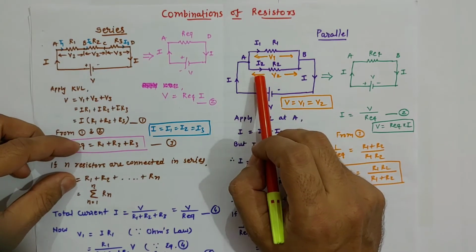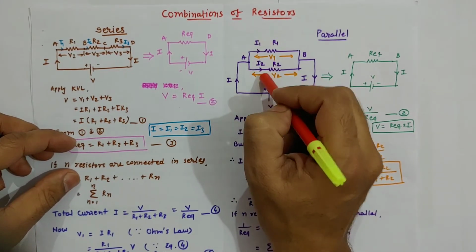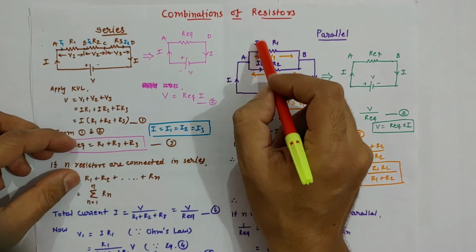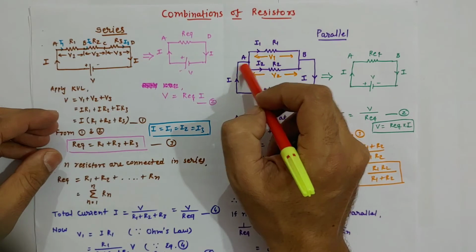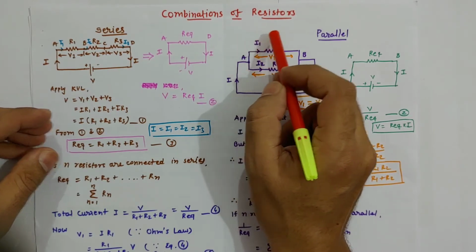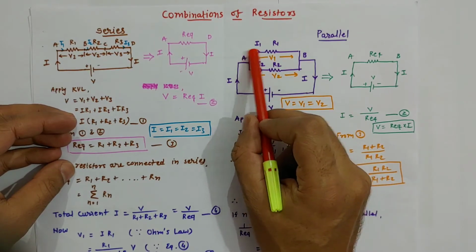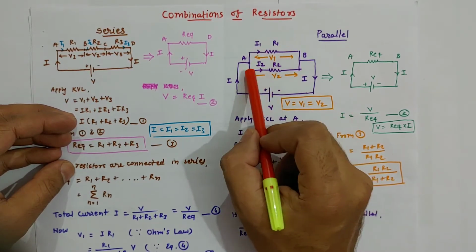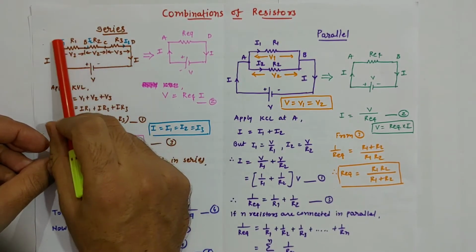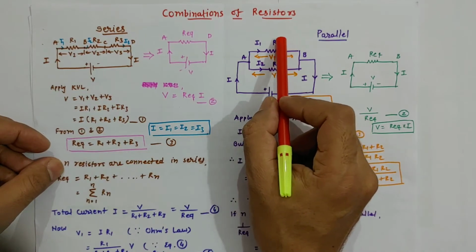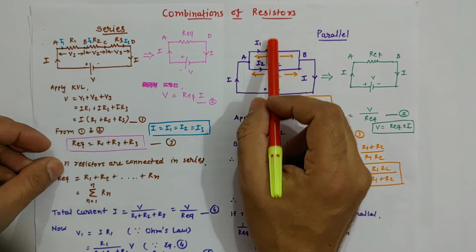Now in this type of connection, the current is divided in two parts. For this circuit diagram, we have this current divided in two parts. If resistors are N, then the current is divided in N parts. So in the series connection, the current flowing in each resistor is the same. Here, in parallel, the current flowing in each resistor would be different based on the value of this resistance.